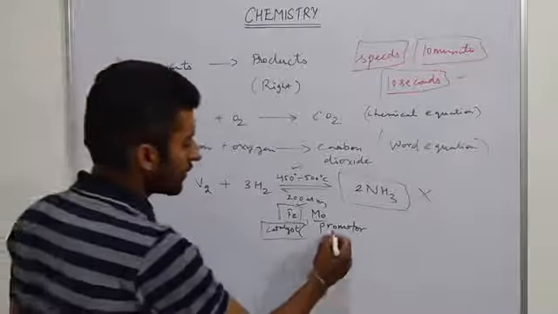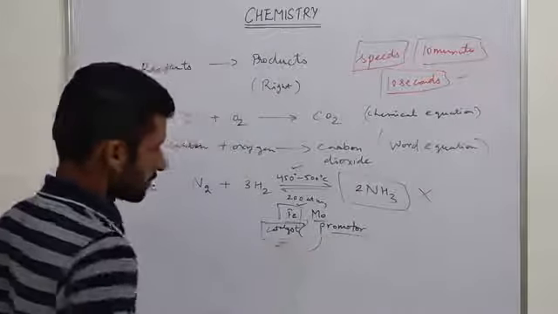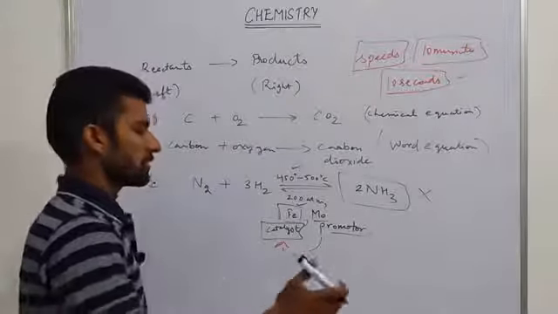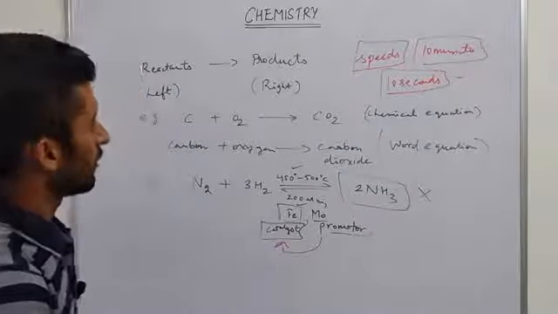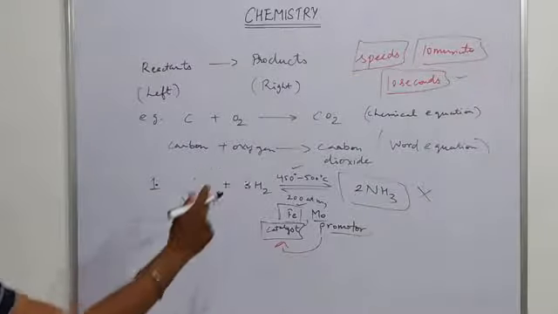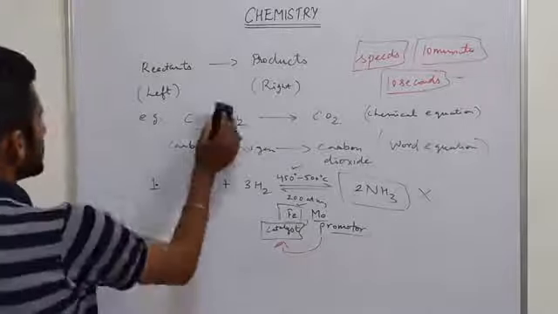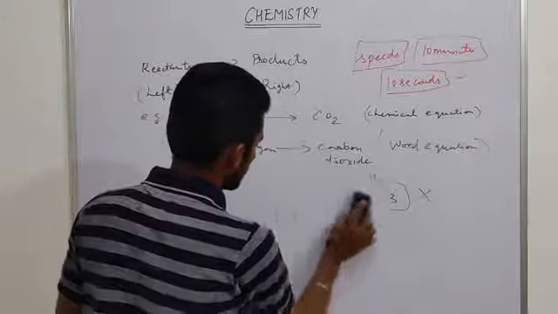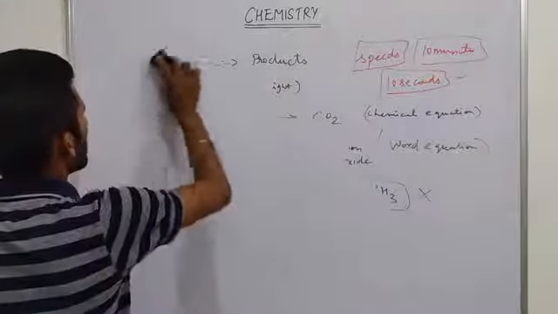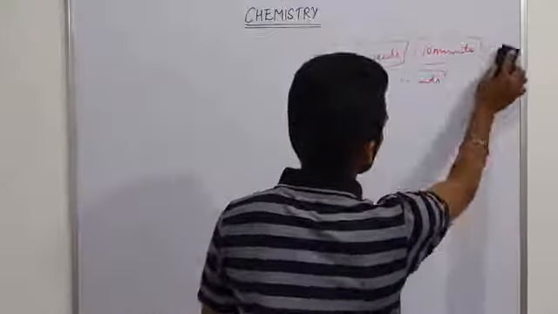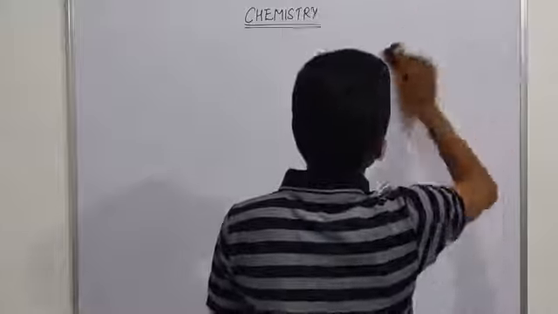And molybdenum, it is a promoter. What is promoter? It helps the catalyst. It increases the efficiency of catalyst, so makes the catalyst more efficient in its activity. Okay, so this is first indicating the temperature, pressure and catalyst on the arrow. Then the equation can be more informative if we write some suitable short forms,